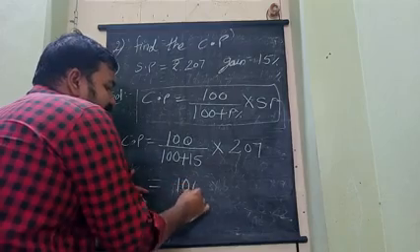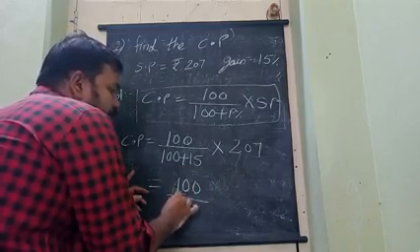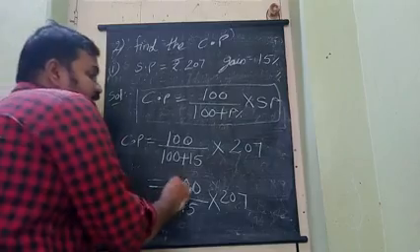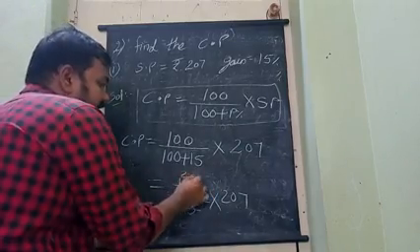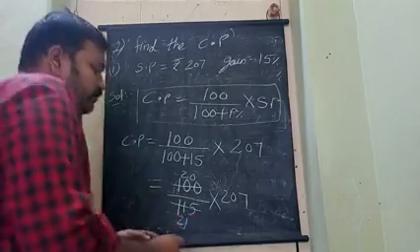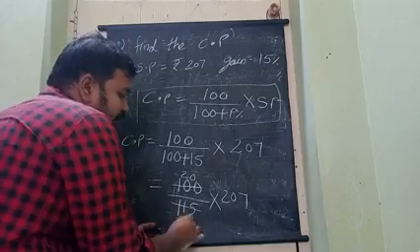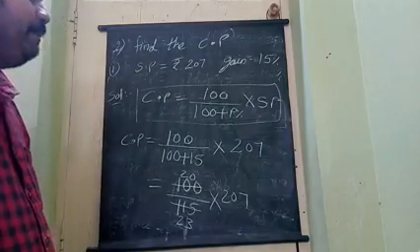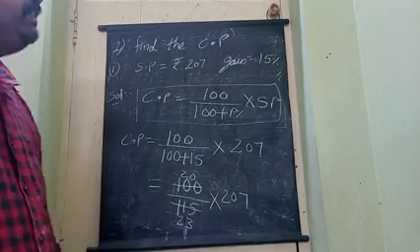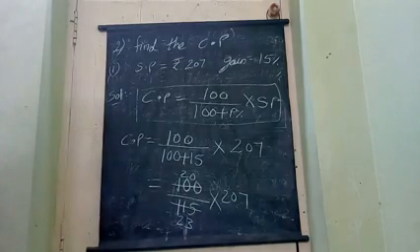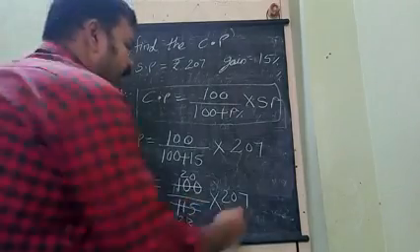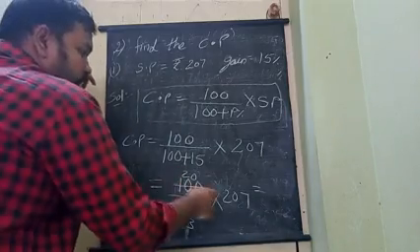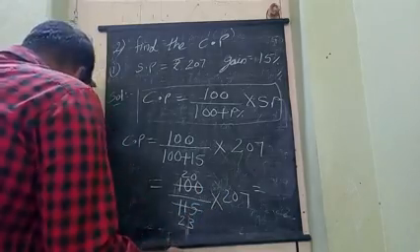Now multiplication: 100 by 115 into 207. Cancellation using the 5 table: 20 times, and 115 is 23 times. Cancellation using the 23 table: 23 times 9 is 207. This will not cancel further. So multiplication 207 into 20: 7 2s are 14, 0, 2 2s are 4. Answer is 4140.